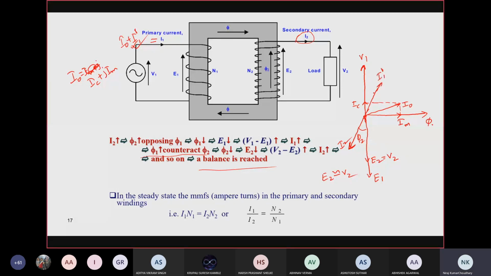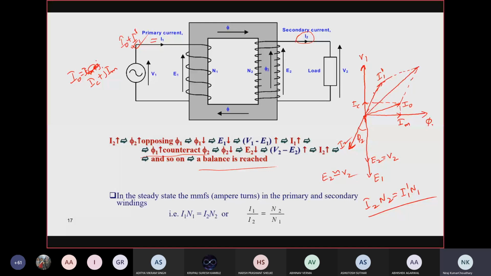Because it is counteracting the effect of I2। ठीक है, जो MMF को न्यूट्रलाइज कर रहा है, द सेम थिंग। ये रिलेशन याद करो अभी जो पढ़े हैं, I2 N2 is equal to I1 dash N1। Now the resultant of these two, I1 dash and I0, is basically your total input current or primary current, that is I1।